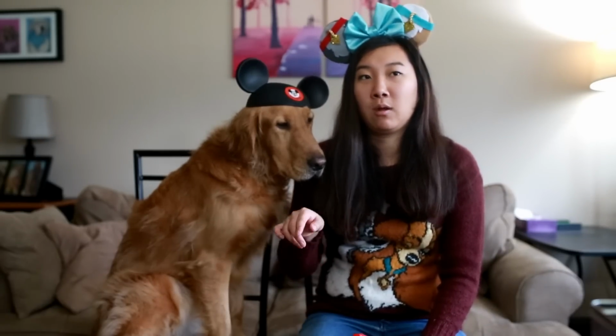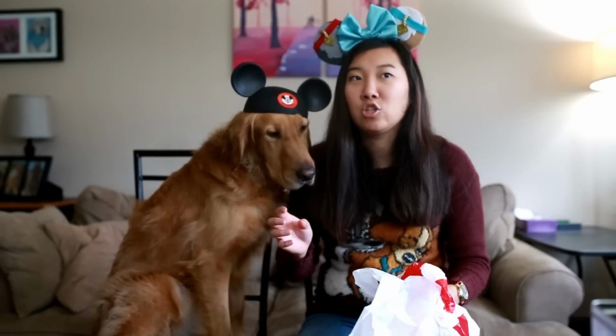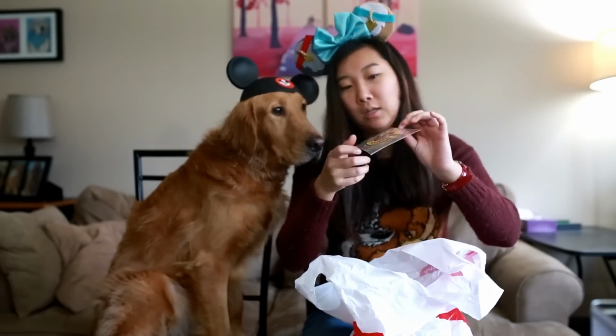So the first store I'm going to talk about is Hot Topic, and what I like about Hot Topic and Box Lunch is if you don't find anything in the store that's your size, you can ship it to the store for free via online, and then pick it up for free and not have to pay for shipping. So the first thing, I only got 2 things from here, and the first thing is a patch,